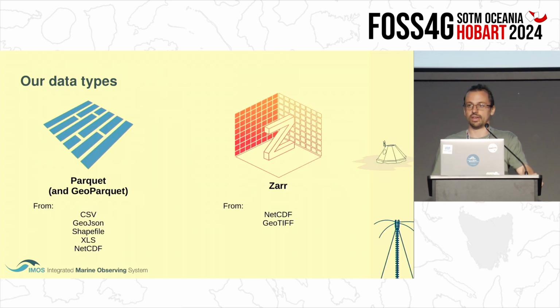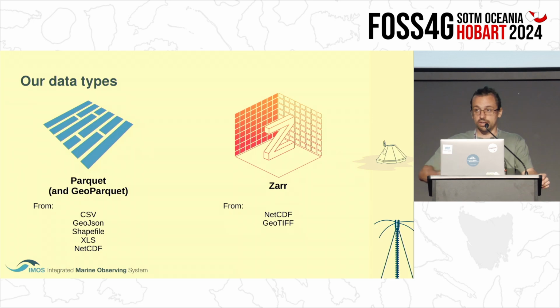But the main thing I'm going to focus on is our cloud-native data types. We are getting data in several different formats and converting them all to these two formats. One is GeoParquet and one is Zarr. All the data that can be classified as tabular, that can be represented as a table, is going to become a GeoParquet or a Parquet file if the data is missing geospatial information. For example, we're getting CSV files, GeoJSON files, shape files, Excel files, in some cases some particular NetCDF